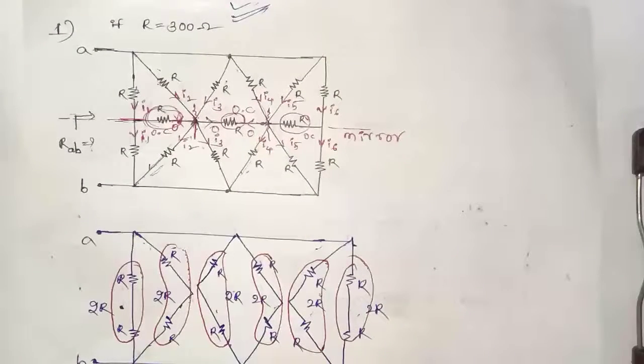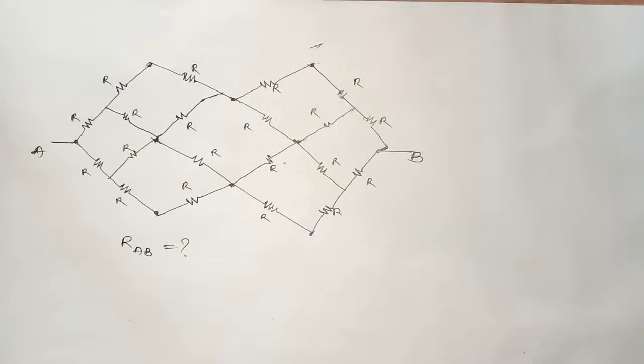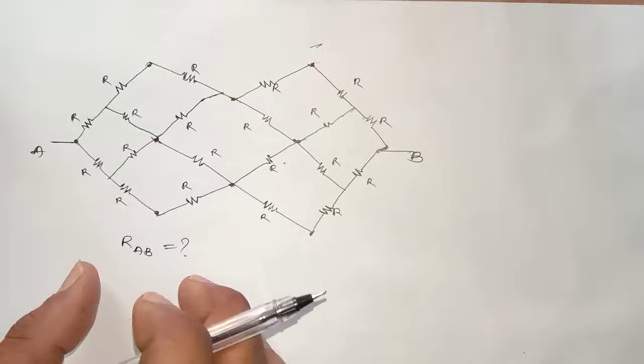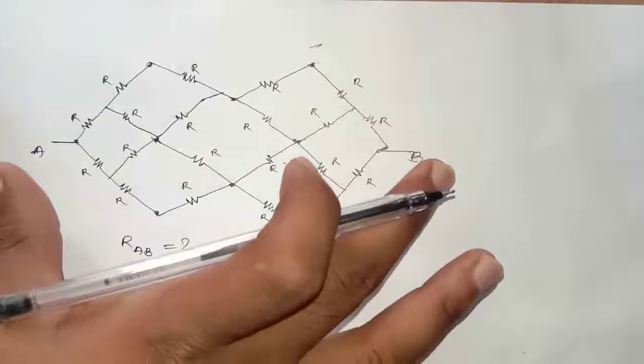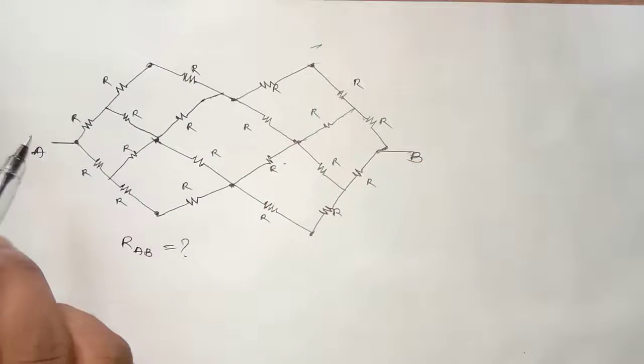Okay, now you solve this problem. The same problem, you solve by using the folding symmetry concept. Now I will give one assignment question related to this topic. Try to solve that question and post your answer in the comment section. This is your assignment question. You need to solve this circuit and find the equivalent resistance between point A and point B by using the symmetry concept.